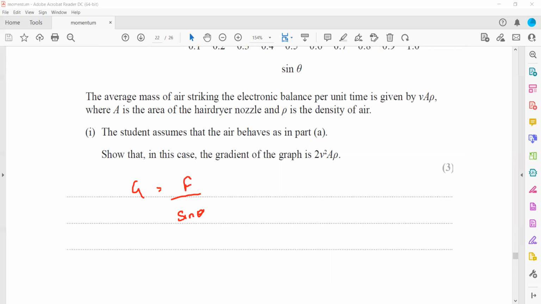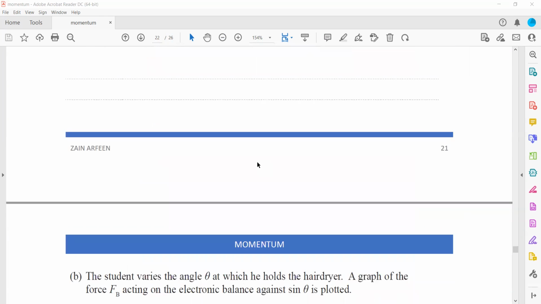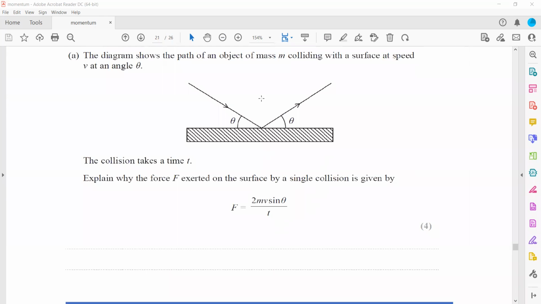As in the previous part, you can see here F is equal to 2mv sine theta over t. So F divided by sine theta is equal to 2mv over t. So we know the gradient is equal to F divided by sine theta according to the graph. And F over sine theta, according to this formula, is equal to 2mv over t,